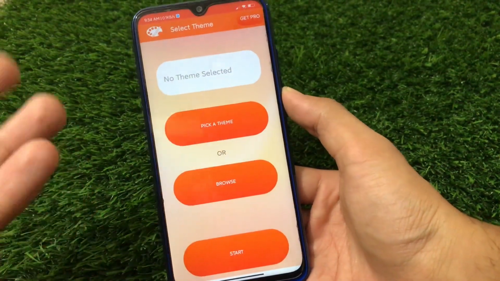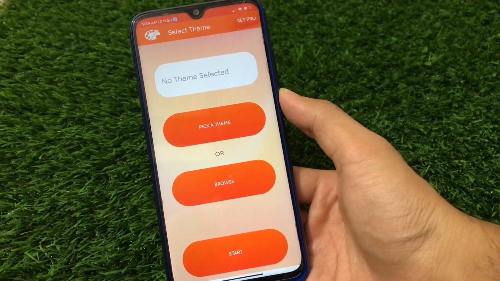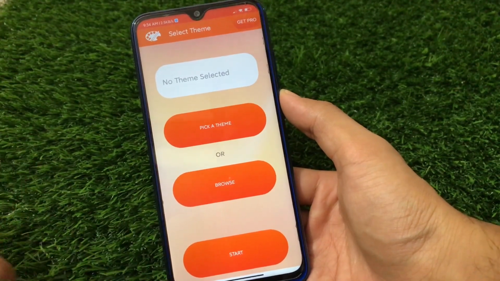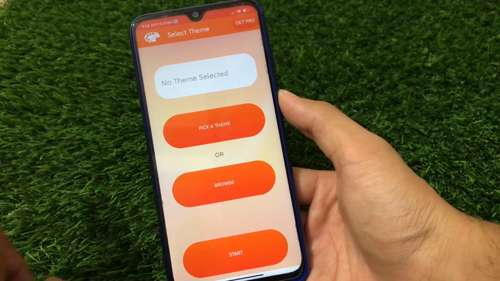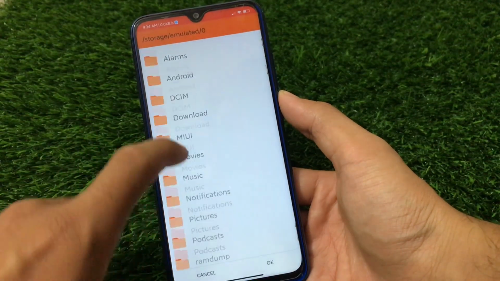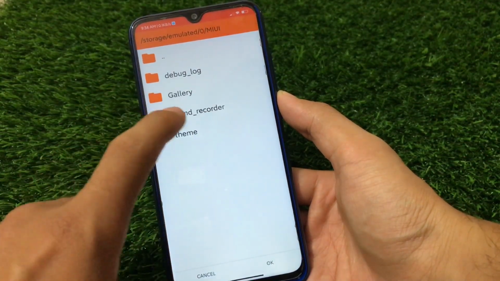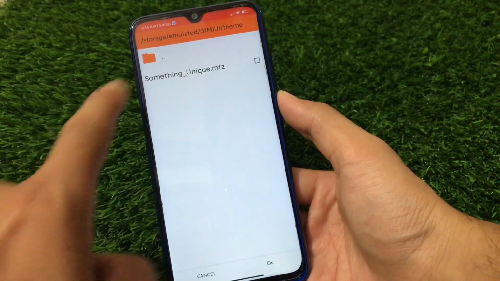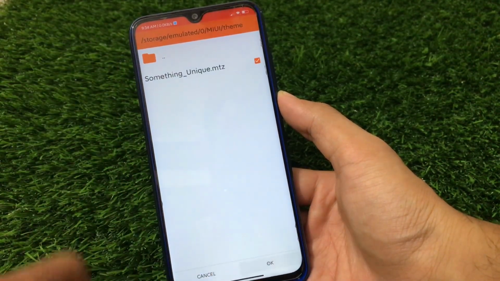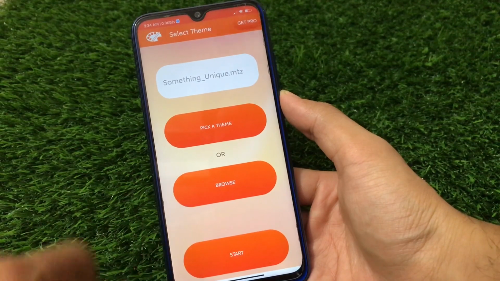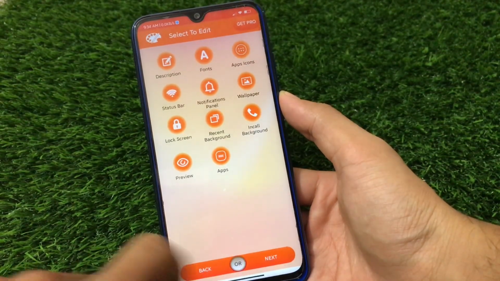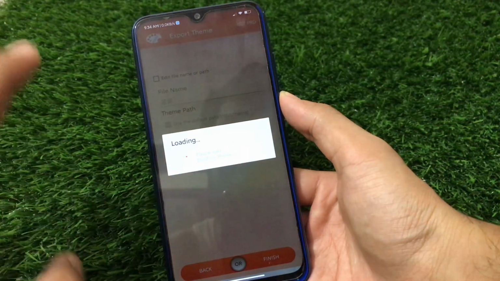Simply open the MIUI theme editor option from Google Play Store, download this app from the Google Play Store, you'll get it easily. Actually what I have is, let me show you, I have enabled one theme. I can simply go to the MIUI and theme. I've enabled this unique option available. Click this one, click on OK. What you have to do is click on start option, click on next option, click on finish, and everything is just done.